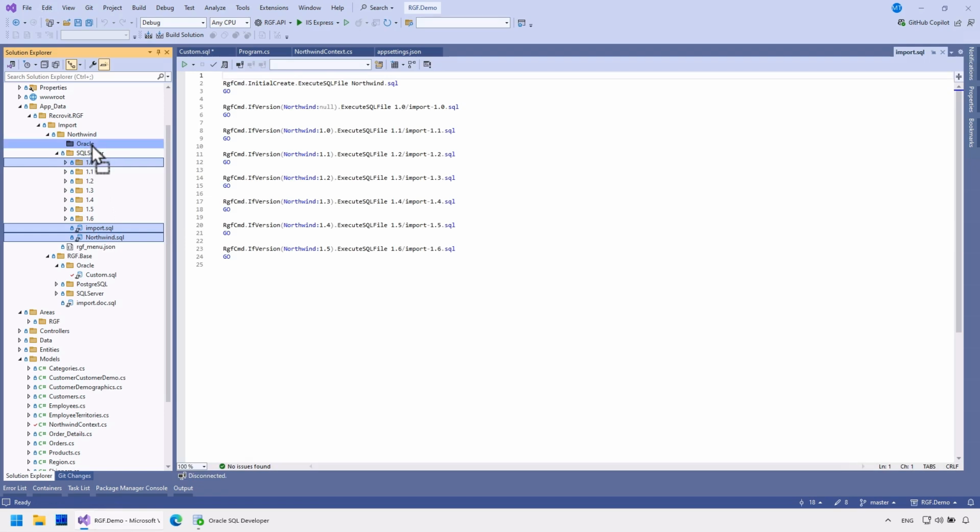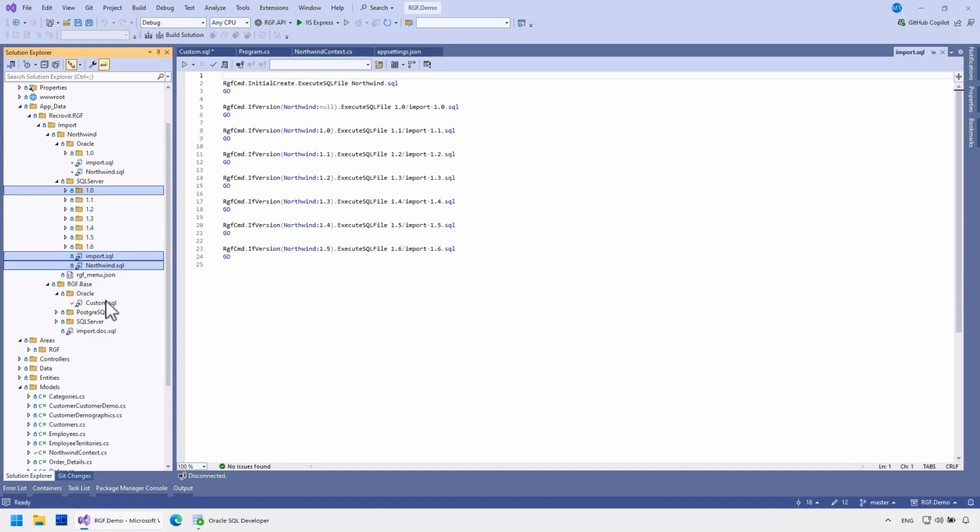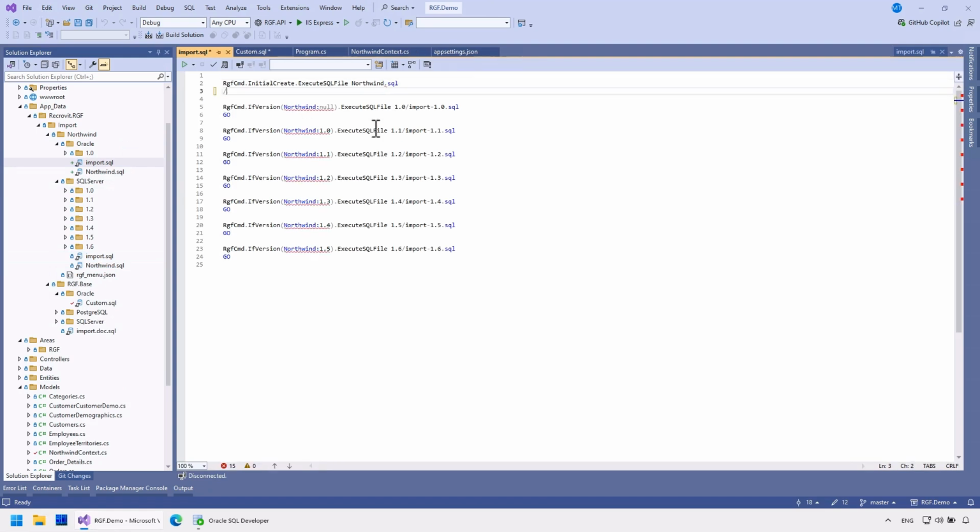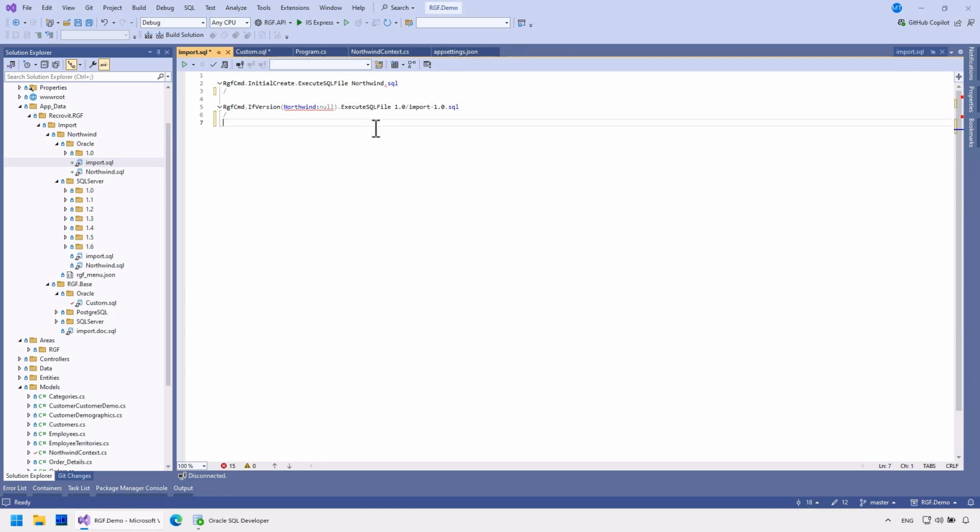Previously, we created several migrations with database-specific elements, but for now, I will only focus on the initial data. I will set the Oracle delimiter. These are not needed right now.